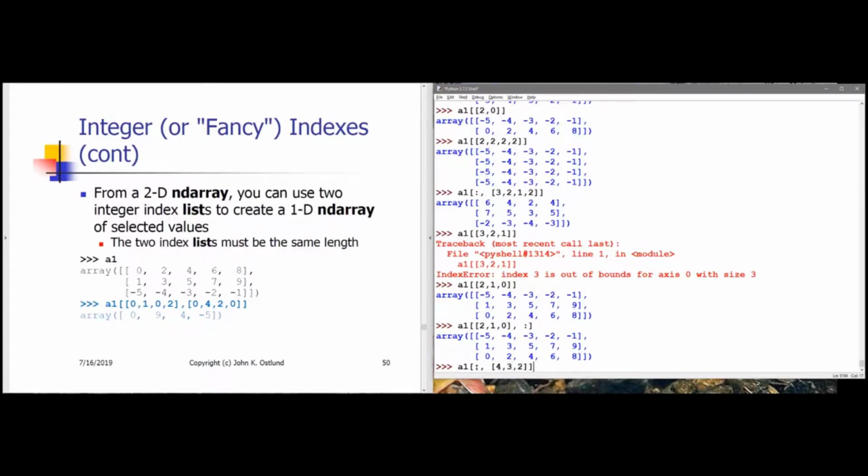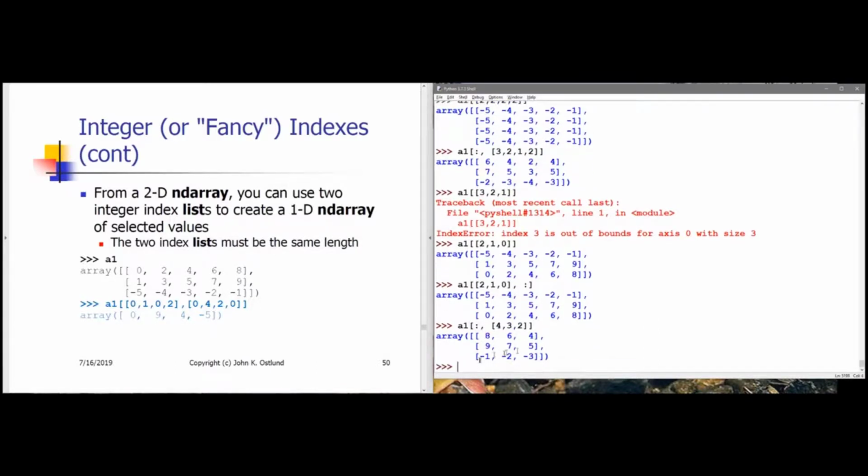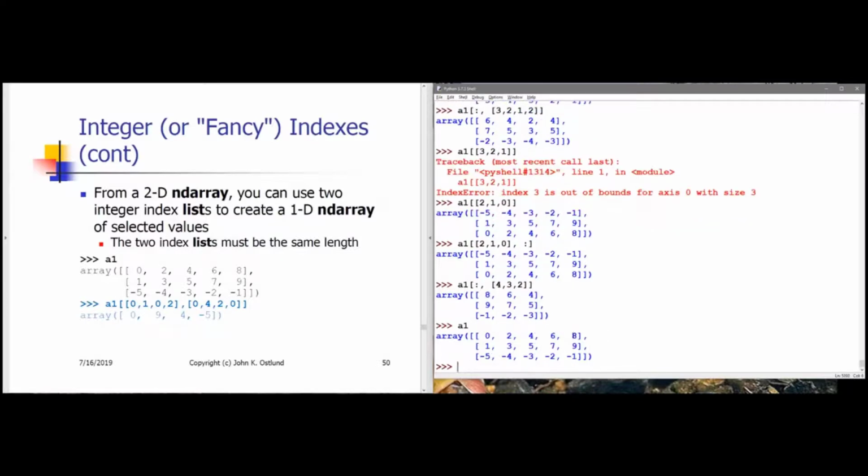Let me say 4, 3, 2 here. Okay, so I got columns. Well, now A1 has gone off the top of the page. Here we go. Okay, so now I've got columns sub 4, sub 3, and sub 2 in that order from